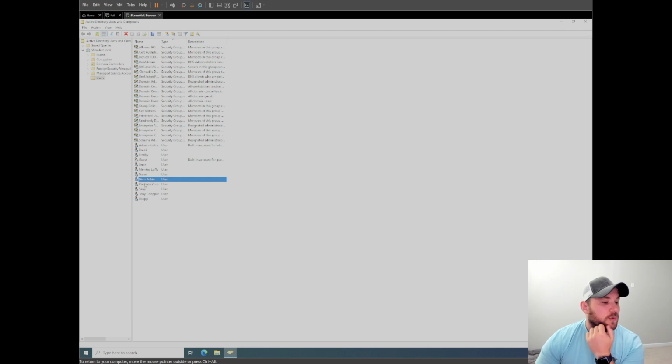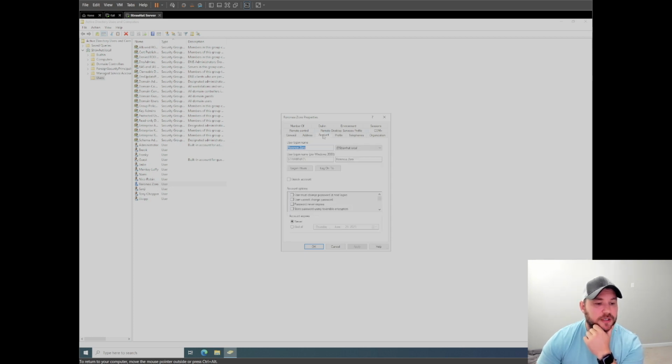So what we're going to do is right click, let's say Roronoa Zoro, and then go to properties, and then go to account. There are account options here. If you go all the way to the bottom, there's an option that says do not require Kerberos pre-authentication. If this is not checked, which is the default on 2016 and 2022 servers, I don't know when they changed it, then when this is not checked,